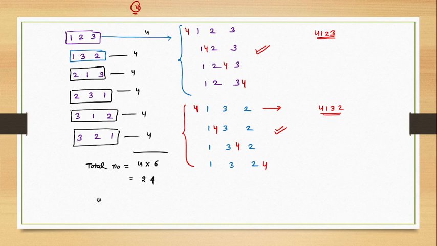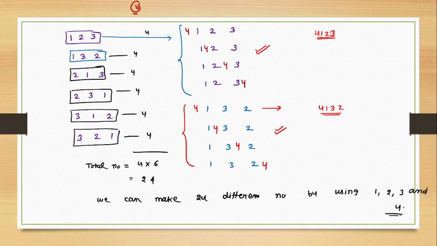It means we can make 24 different numbers. We can make 24 different numbers by using 1, 2, 3 and 4, and these 24 numbers